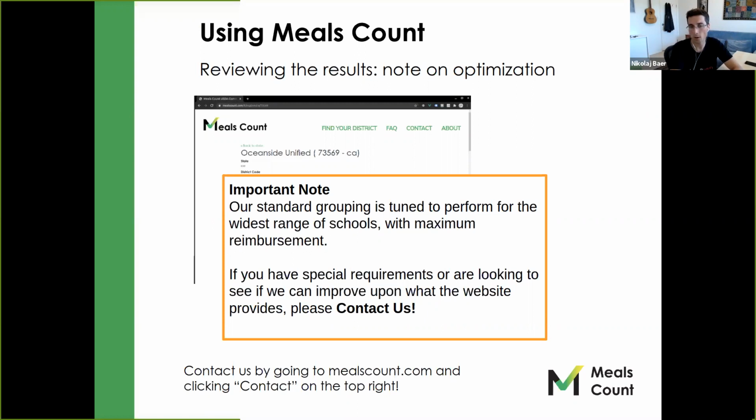The other thing is, a lot of schools or districts have come to us with special requirements, such as some districts wanting 100% coverage of the full free rate schools participating. They want to push those and maximize those numbers. There are some things we can do that are not easily done on the website, but in our tool set, on a one-off basis, we can run those custom scenarios. So if you have a special scenario or questions about that, please do contact us and we'll try to get back to you and see if we can do something for that.